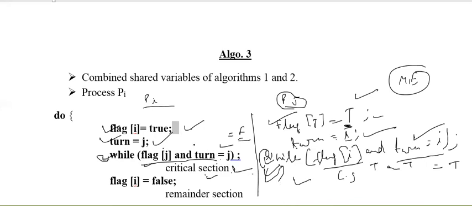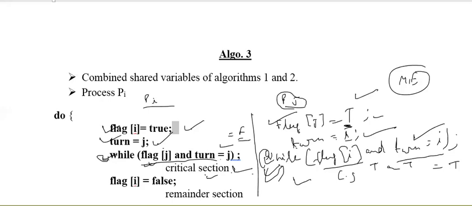Now let's try to check the real problem, that was progress. So progress says that a process which is not running in the critical section cannot halt the progress of another process. So let's see. Suppose we had already picked that if one process never comes, then because of interest, it cannot halt the other process. Now let's pick that both processes are coming in parallel, flag I true, flag J true, both processes arrive at the same time.